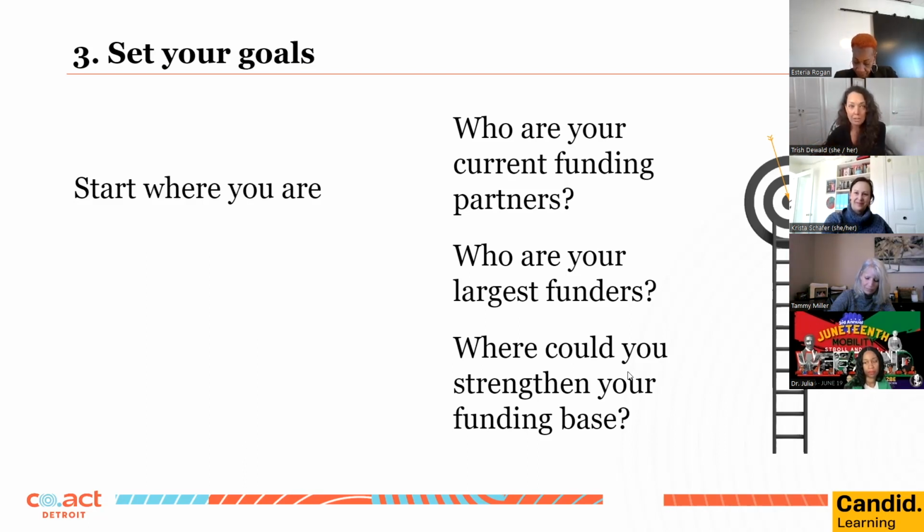And so, as a reminder, step 1 was identify your assets. 2 was developing your case. And now we have to set our goals. And before we set those goals, you really have to have a good understanding of where you are now. So you want to think about your current fundraising strategies and answer the questions that are here on the screen,